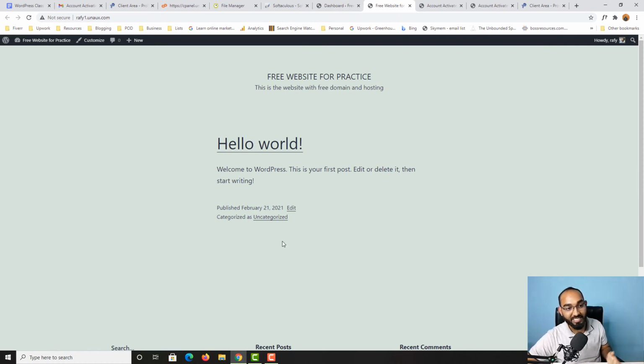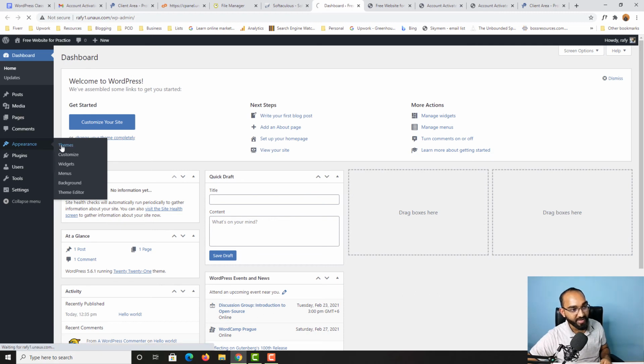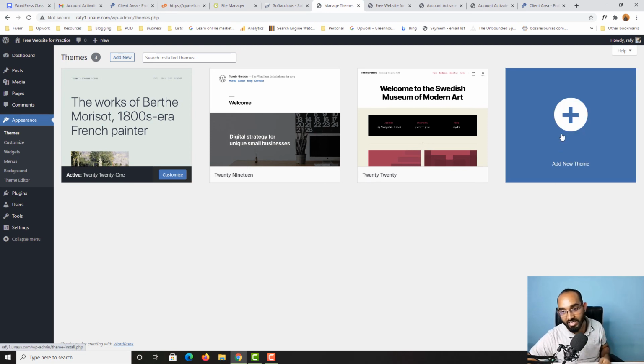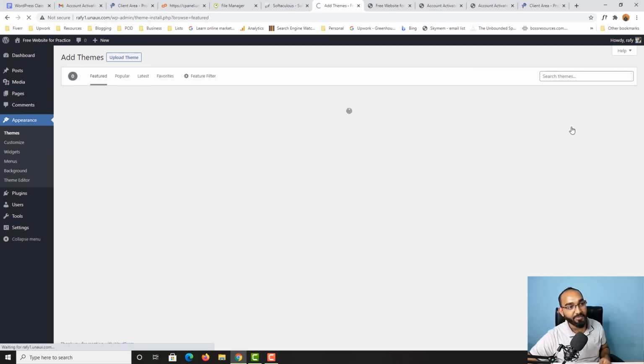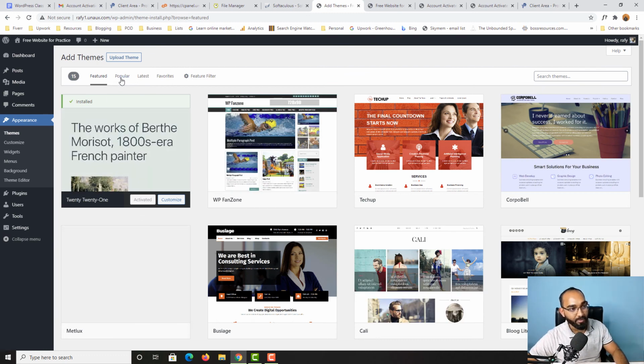Now let's say you want to change the theme and import demo content. This is pretty simple. I'm going to show you real quick. So from the backend, if I take you to appearance, from themes, if I click on themes, we are going to find a few options already. Now I'm going to click on this add new theme button right here, and after that I would love to upload a theme from popular,